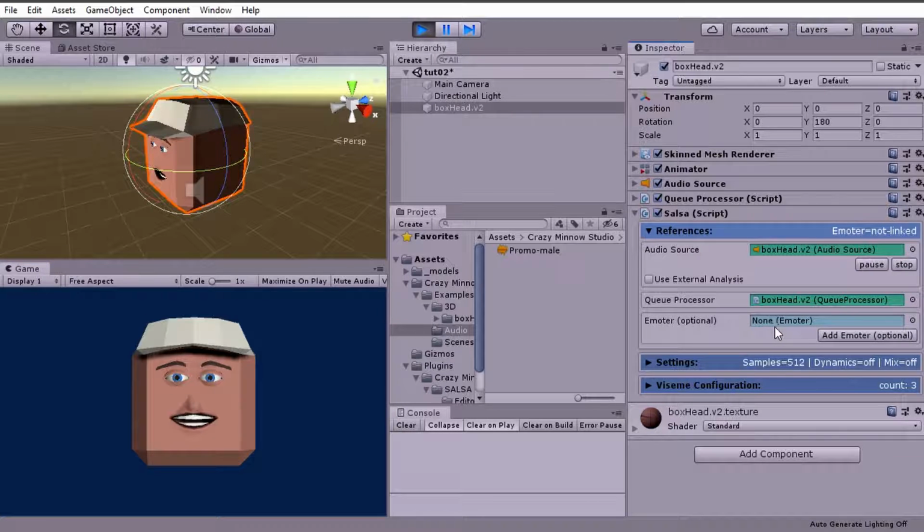SALSA, simple automated lip sync approximation. The unique technology behind SALSA provides high quality